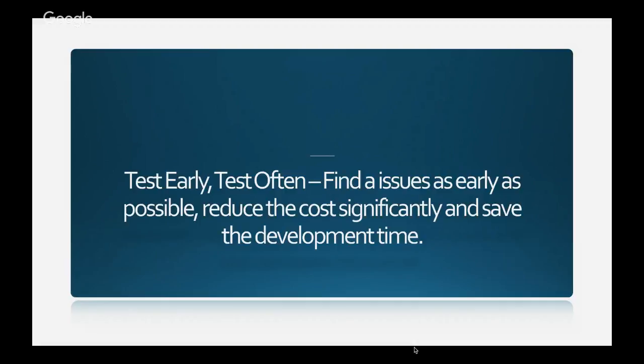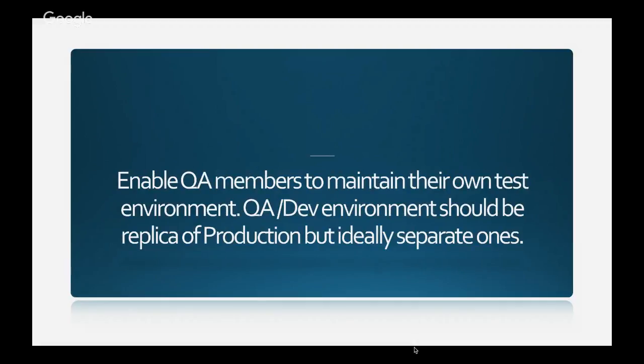Okay, friends? Now, we'll move on to the next one, which is about enabling QA members to maintain their own test environment. QA and dev environments should be a replica of production, but ideally separate ones. Yes. Most of the time, I see folks working in two separate environments, or maybe one environment, and with development and testing, it keeps on going at the same pace, same time, and it becomes very confusing. Things which are working while they are under development or under testing, as soon as they're released or rolled out to the production environment, something goes wrong, and then it is figured out,